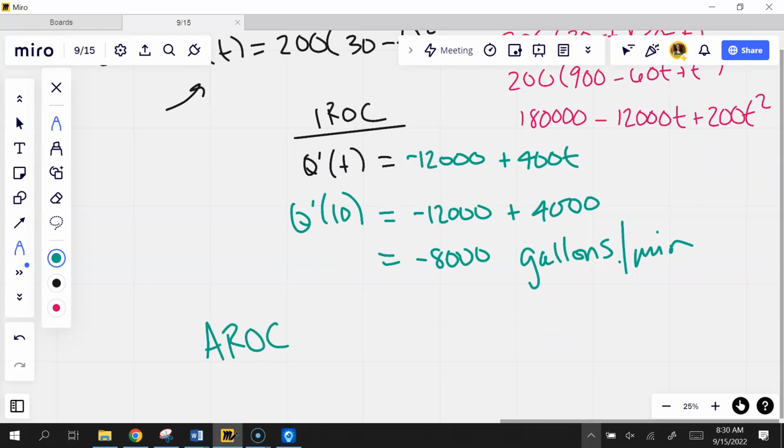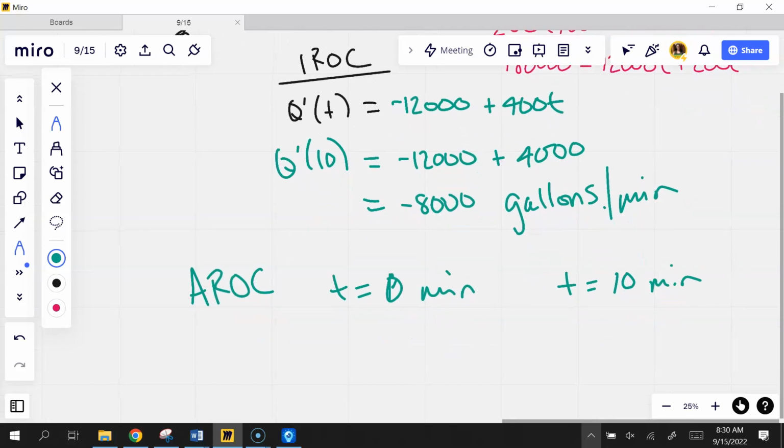Ten and 0. You're exactly right. So I'll do when time is 0 minutes, and then I'll do when time is 10 minutes, and all I'll do is find the slope between them. All right, so 0, I'm back to that original equation, remember, because it's just slope. 30 minus 0 squared, which is